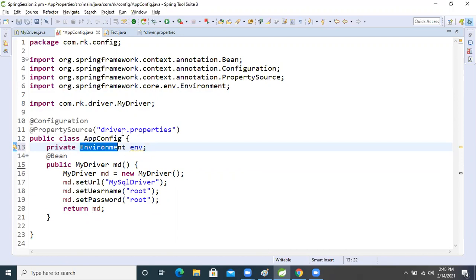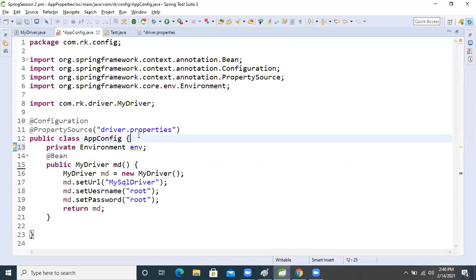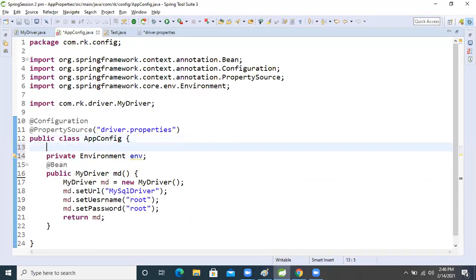In that Environment interface all data will be stored in key and value format, right? So after that, autowiring, yesterday we learned, if we want to inject our object in our class. So because of that, we use @Autowired on top of this Environment interface.